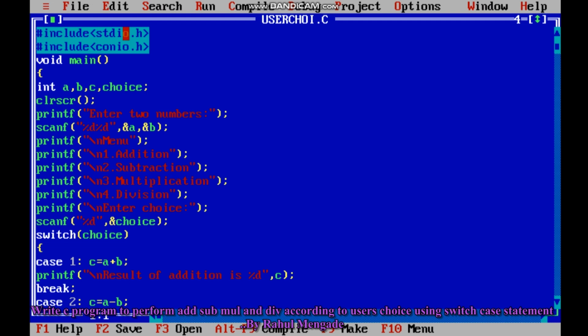So the program starts with two header files, stdio.h and conio.h, which consist of different functions like clear screen, printf, scanf, etc. Then a, b, c and choice, four variables are taken and declared as integer because a